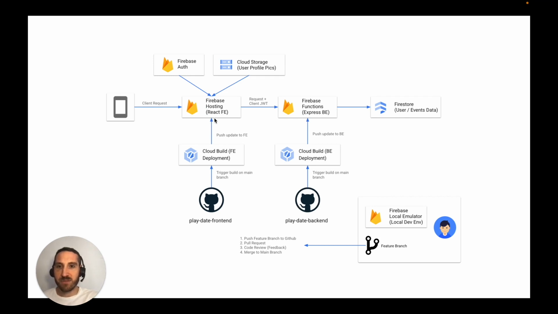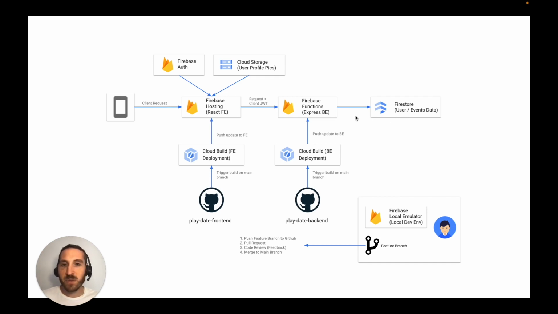For the front-end React component of the application, we were using Firebase hosting, and this essentially serves up a set of static files to the end user when they type in the URL in the browser. And then for the backend, we were using Firebase functions. So the Express part of our application was essentially deployed onto Firebase functions. And this allowed us to perform CRUD-style operations against Firestore, which is a NoSQL database